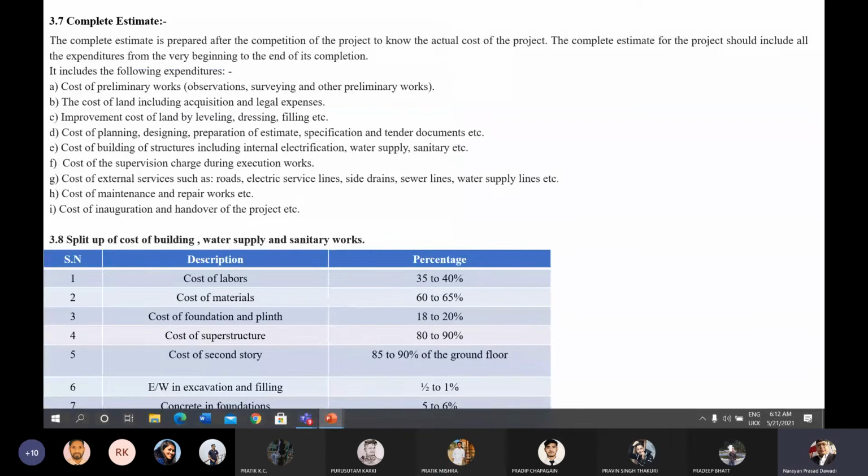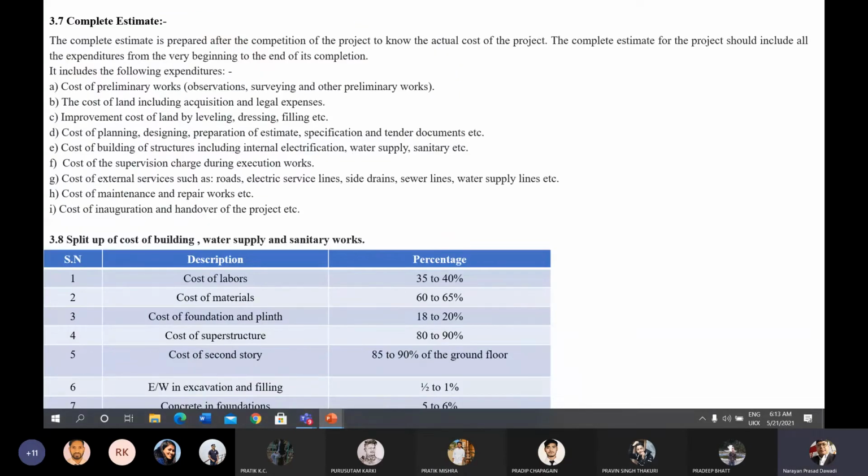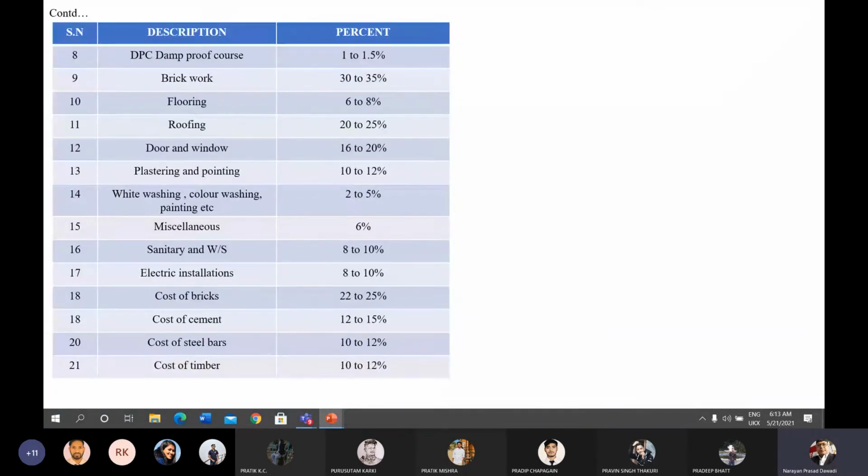Similarly, if we take the cost of each and every item, the main items of the building, then earthwork excavation and filling will take up to 1%, concrete in foundation 5 to 6%, damp proof 1 to 1.5%, brick work generally 30 to 35%, flooring 6 to 8%, roofing 20 to 25%, door and window 16 to 20%, plastering and painting 10 to 12%, white washing, color washing, painting, etc. 2 to 5%, miscellaneous and other 6%,